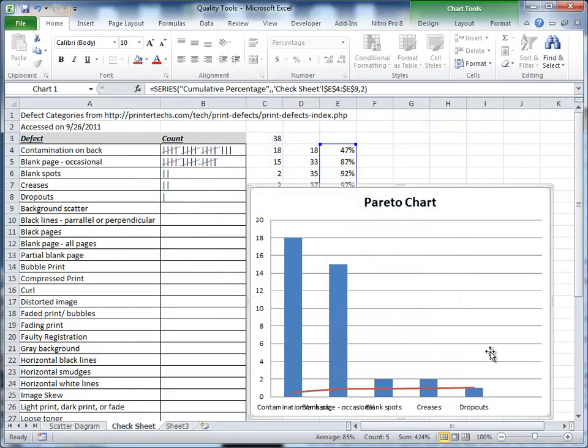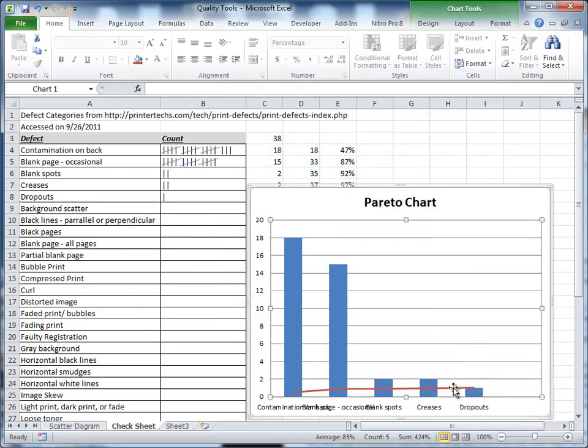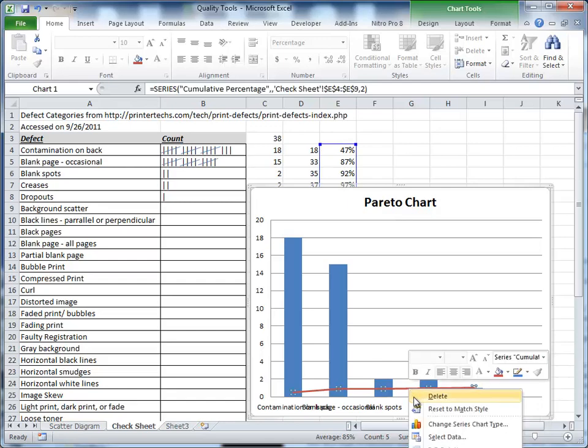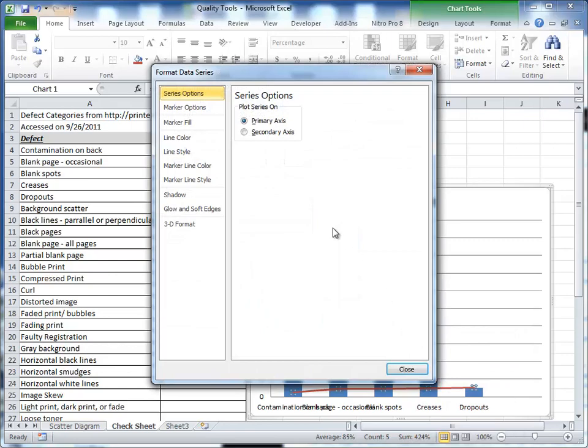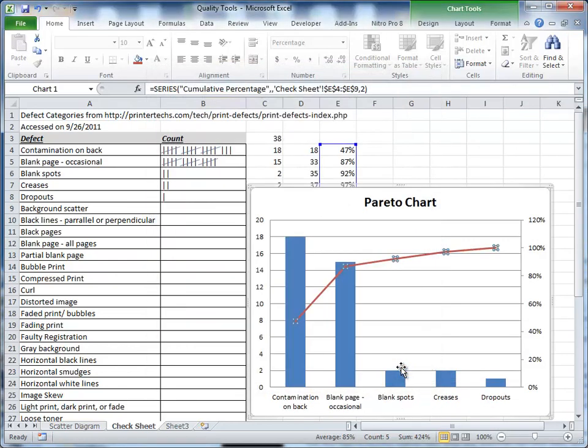So now we have a line, and the other thing I want to do with that is select that line, right click on it, format the data series, I do believe, and I want that to be on a secondary axis. So close, and so at this point I have a secondary axis that starts here